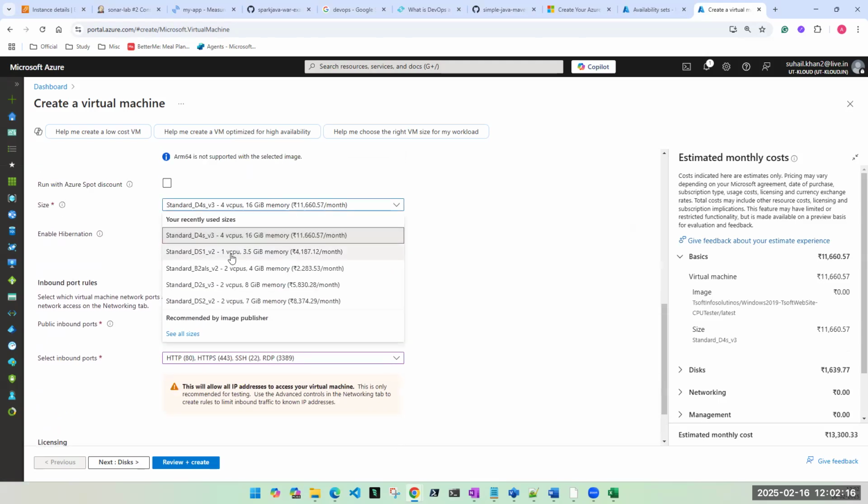I'll take a small size because I have to create multiple machines just to see whether they are dividing properly or not, right? And if I use a bigger size, my 4 virtual CPUs will already go into one machine. Even